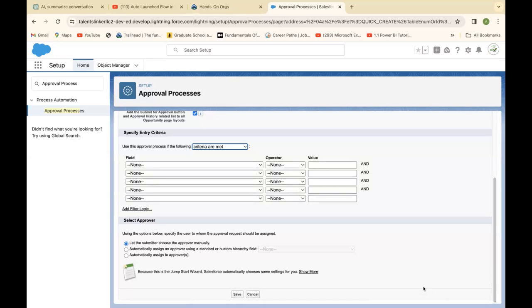the approval process. Now, what I'm going to do now is to say, let submitter choose the approver manually, whereby whoever your end user is that is going to submit the approval, you want the end user to choose the approver manually on his own. No, I want a case whereby it will be automatic. So you can automatically assign approval using a standard or custom hierarchy field, which we will not be able to use because we don't have